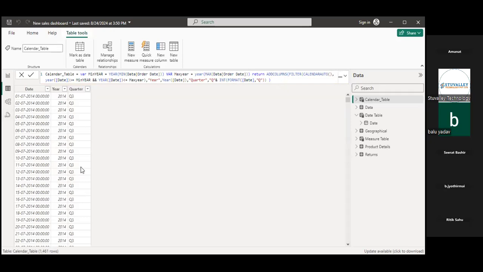Okay, now you are able to see this date table in your Power BI, and also the name on your right hand side under data. We are able to check this table. We added three columns. One is year date, one is only for year. Who gave you the date column? Your CALENDARAUTO function.